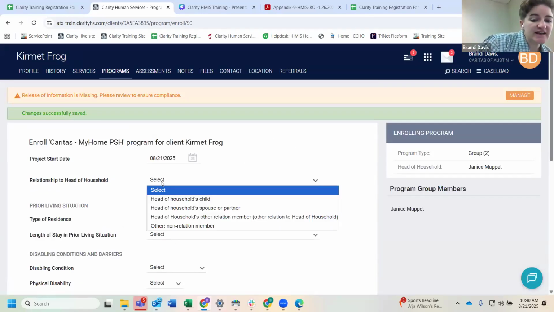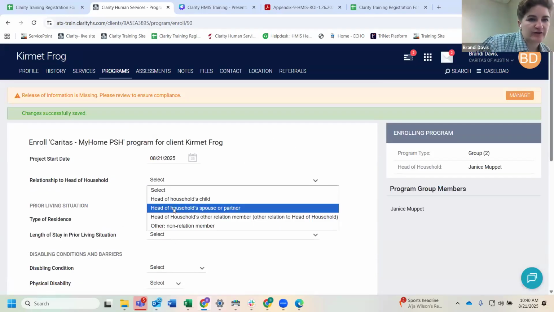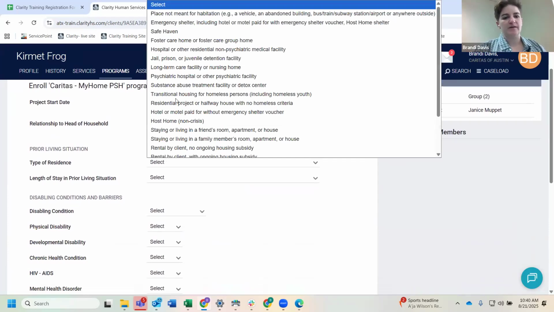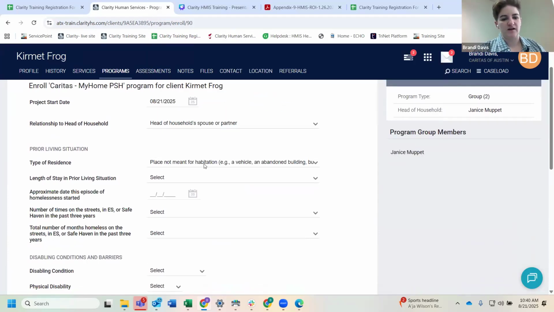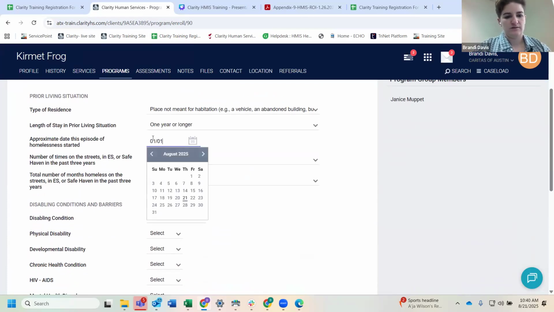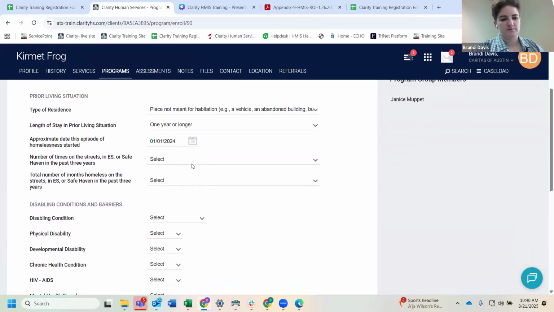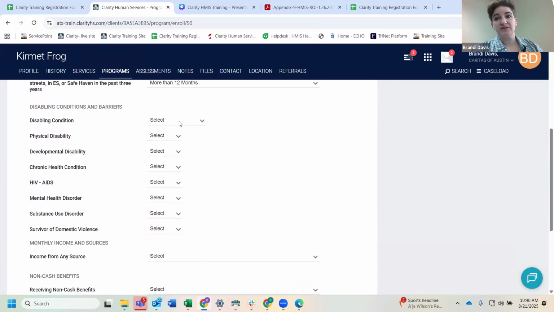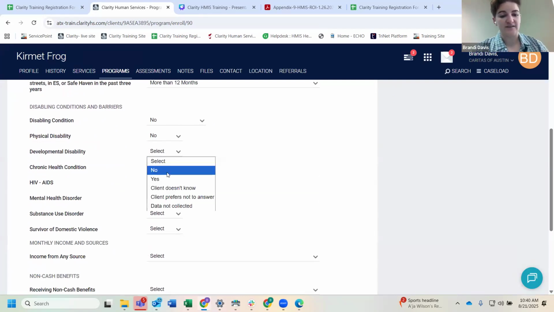So for this one, I'm just going to answer everything as no, except for relationship to head of household. I'll select head of household's partner. And actually, I'll put in the same history of homelessness here for the second client. And then I'm just going to answer everything as no on this one, but you all can answer this any way you would like for practice.